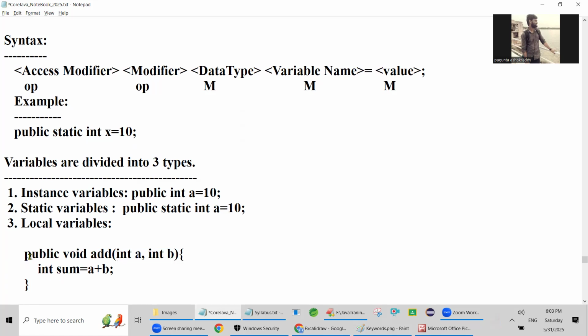This is also inside the method. Inside a method you can declare a variable as a local variable, and a parameter is also a local variable. Okay. Then